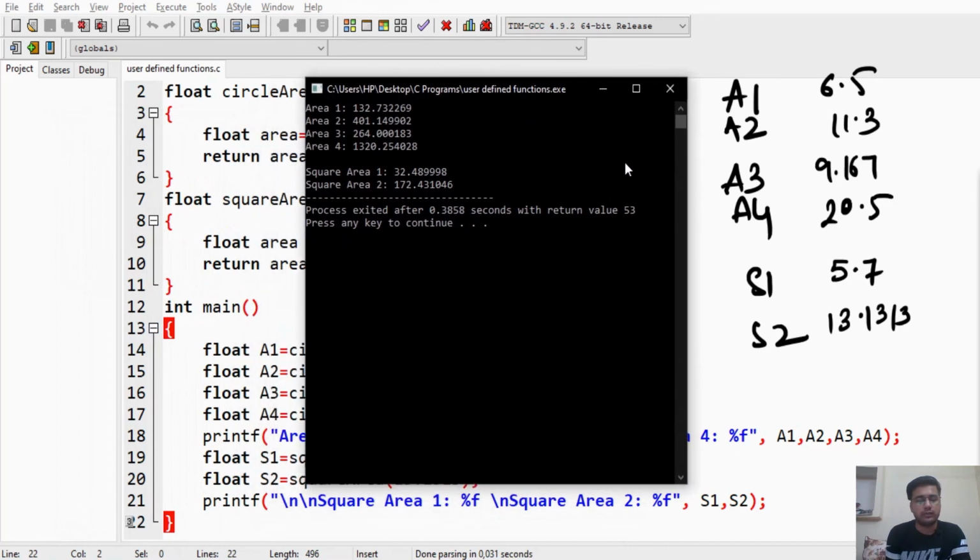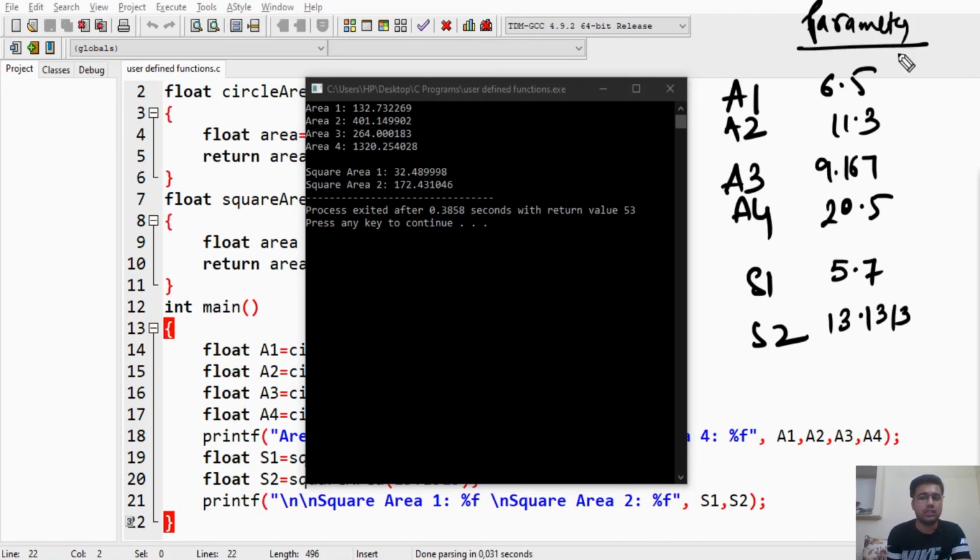As you can verify, all of these areas are calculated by taking these parameters. Alright, these are not the results. These are the parameters. This is the radius and the area will be calculated here. You can calculate these areas with the help of a calculator to verify these.